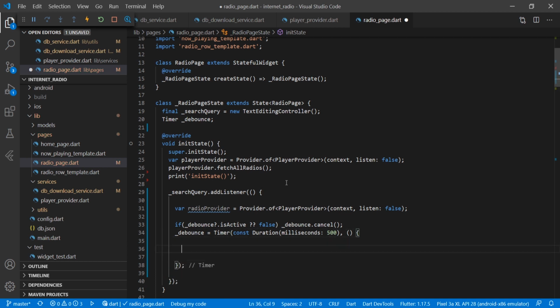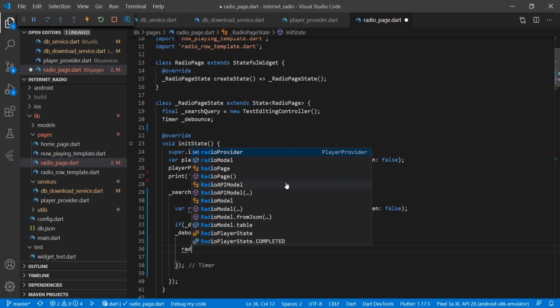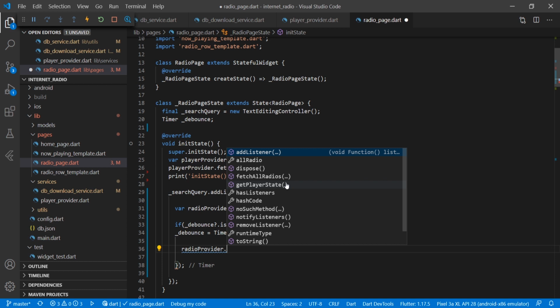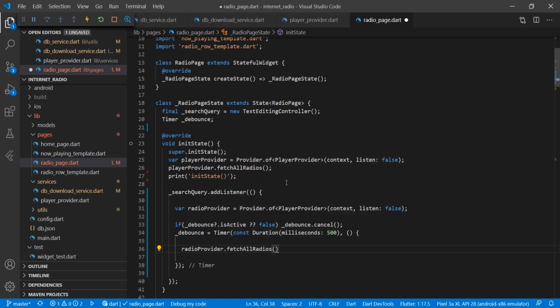Then we are calling here our method, that is radioProvider.fetchAllRadios, and then we are passing our searchQuery.text.